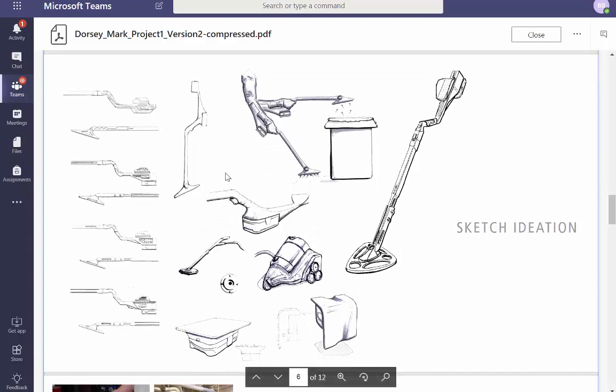Sketch ideation, pros and cons. Also, a little bit of color couldn't hurt you either. And rather than seeing sketch ideation, this looks a lot like the final concept, which I think should be a bit bigger. And you should go from line weight sketches, a little bit of rendering, to more fully rendered. Pretty good looking sketch over here.